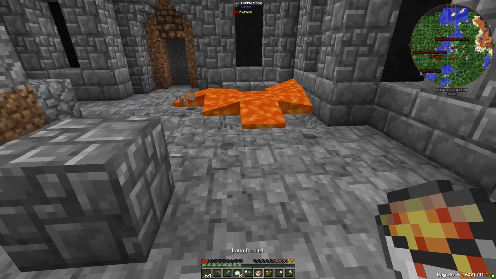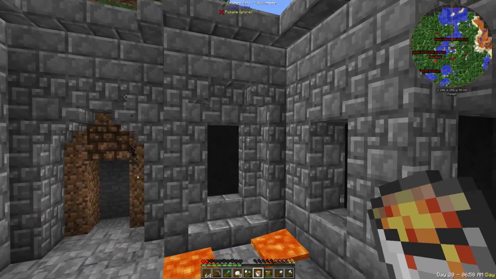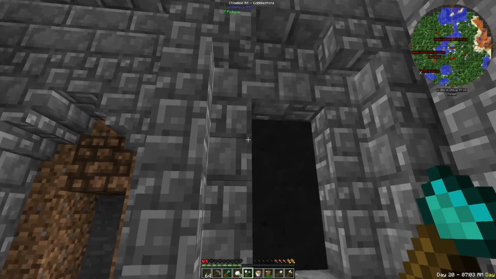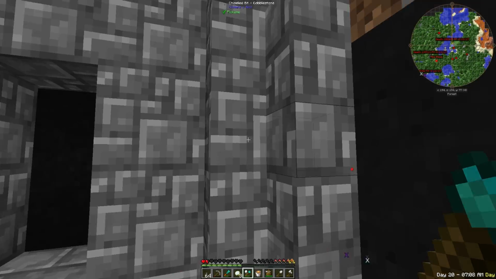There we go, get rid of all the little bits of them, so it shouldn't cause too much lag. But yeah, we've mined out a bit of a window here, so I think I also want the window to extend a bit further up. I'm going to put some basalt behind it as well to have the same sort of theme as here,